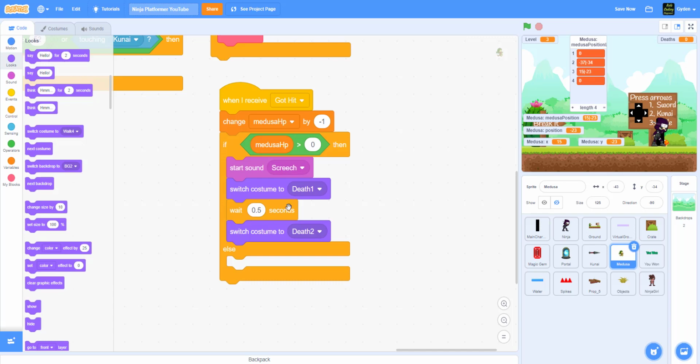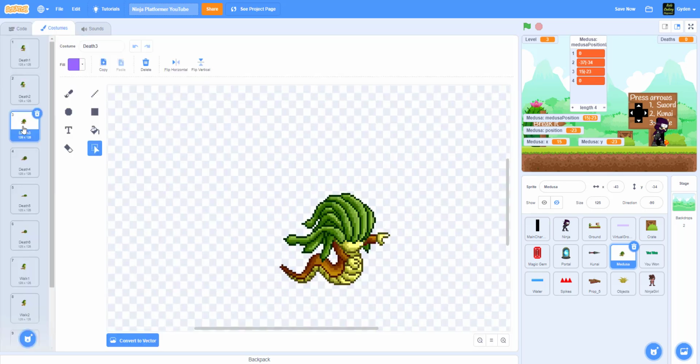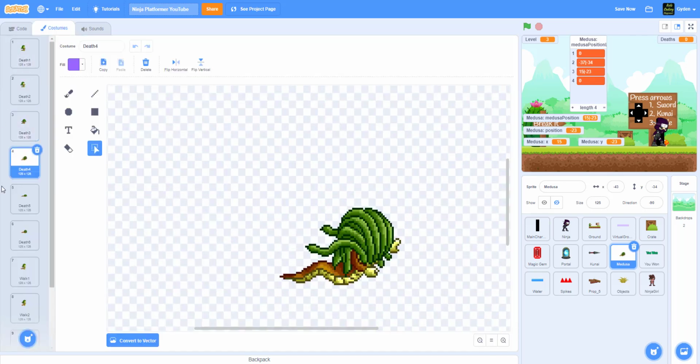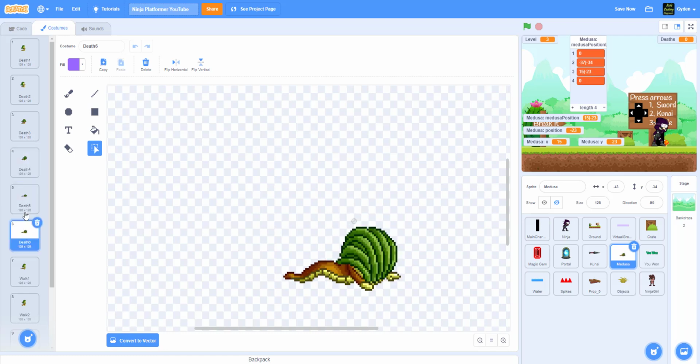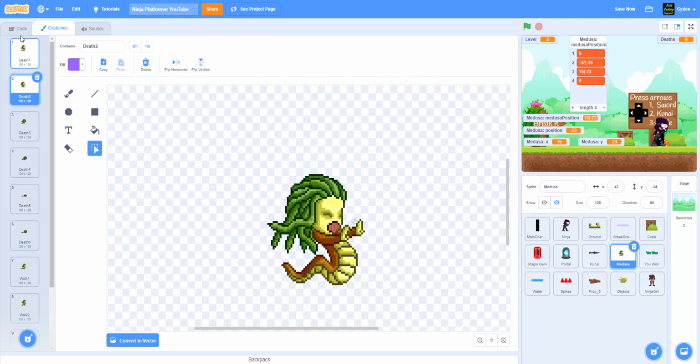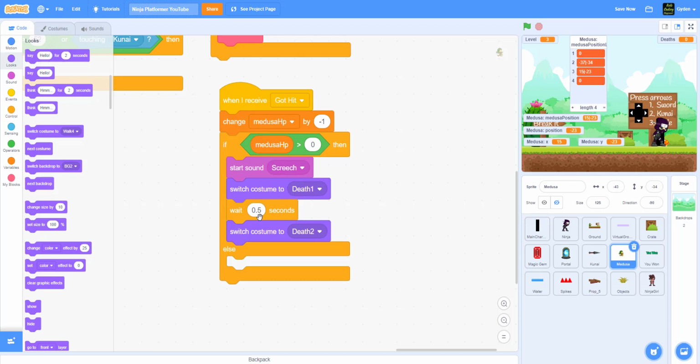Okay, so 3 and 4, she's about to die, right? So we don't want to do that. So this is completely dead. So we're going to use these two for getting hit. Okay, otherwise we're going to say